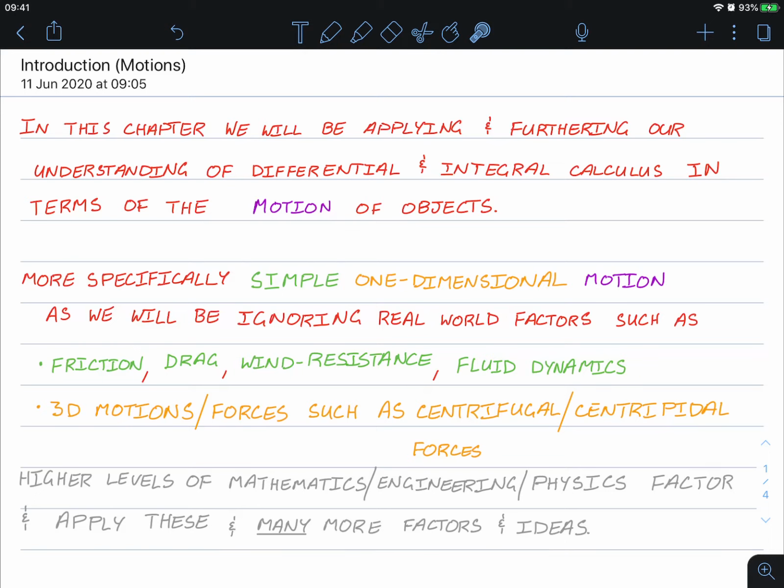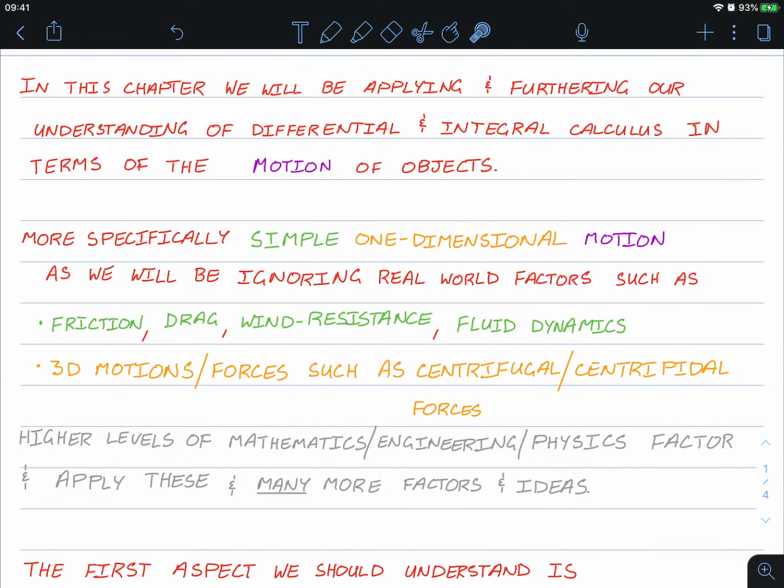Hello class, this is just an introduction to motions. In this chapter, we will be applying and furthering our understanding of differential and integral calculus in terms of the motion of objects. More specifically, we'll be looking at simple one-dimensional motion, as we will be ignoring real-world factors such as,